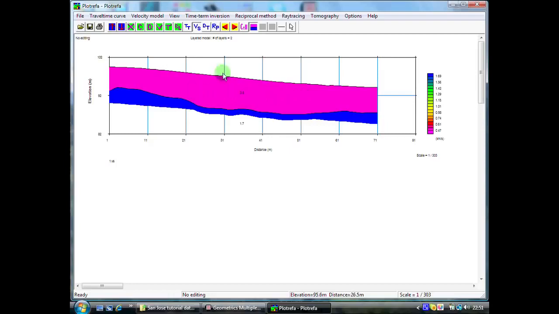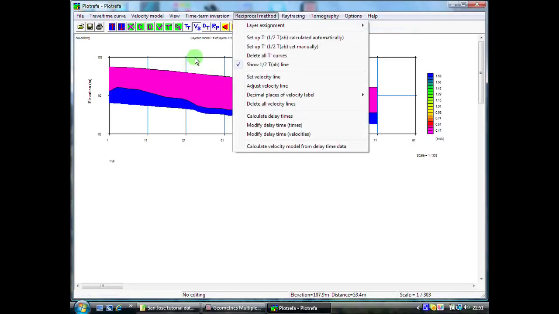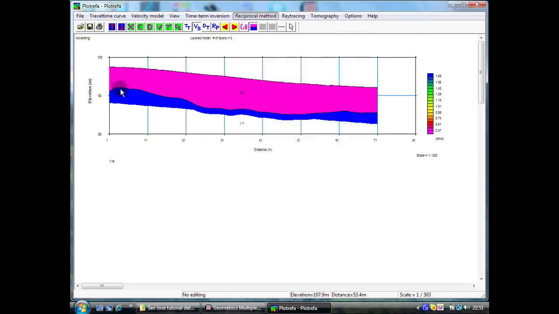But first of all, what we can do with SeisImager is we can apply a modern processing technique called a tomographic inversion. And the tomographic inversion will display the data in a mode which is more true to real life, in that here, for example, it shows a very hard boundary between our 0.5 kilometer a second initial layer and our lower layer at 1.7 kilometers a second. This may be the case if the bedrock has been glaciated and very little weathering has taken place,